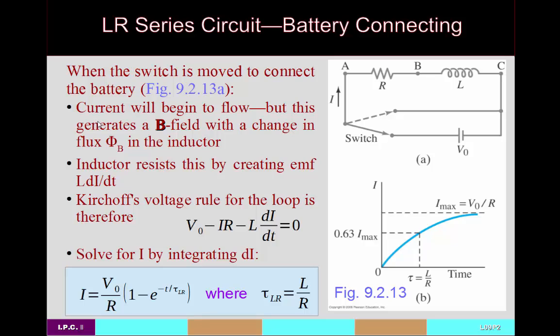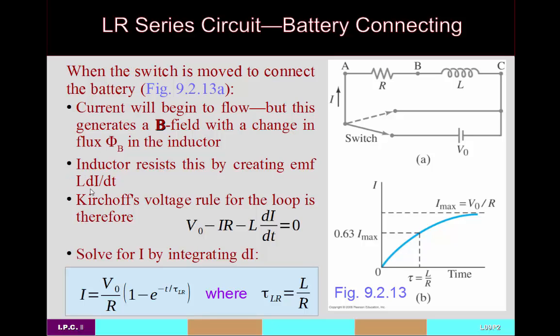So let's consider first of all what happens when you first connect the battery. Well, at this time, current is going to begin flowing. And what this does is, because the current can generate a magnetic field, it's going to also have an instantaneous change in the flux. We went from no magnetic field to magnetic field, and therefore we went from no flux to flux. So what that means is that you're going to have some resistance from the inductor, and that happens by way of creating an EMF according to Faraday's law,